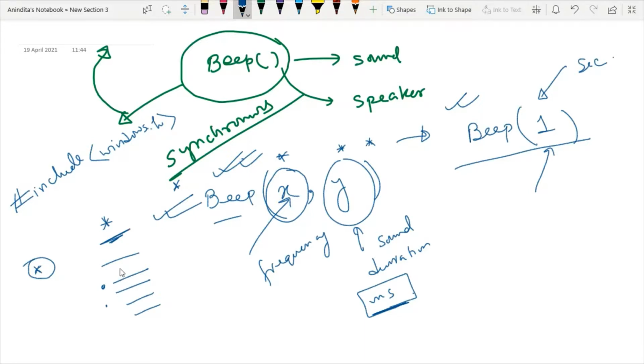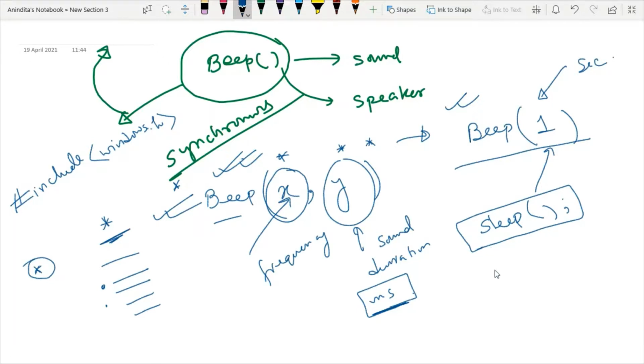But sometimes with this Beep function, another function is used, which is known as the Sleep function in C. Sleep function means it will embed some pause between two functions.